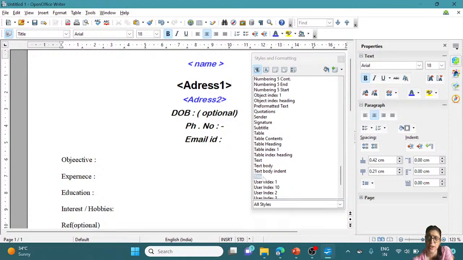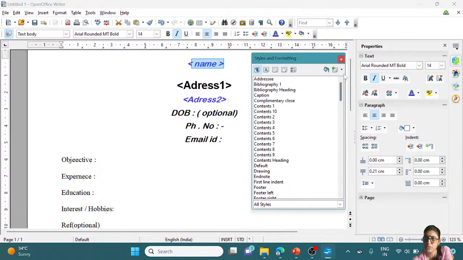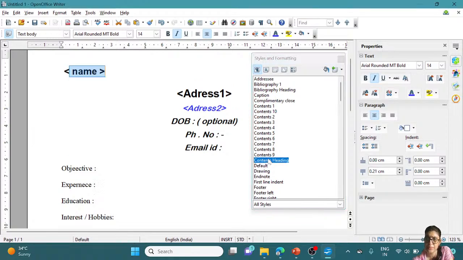Now there are different things for different work. So if I want a title, suppose this is my title, this will be my title. Now if I want to make it a heading, content heading. By default, it is coming in content heading format, right? Now you don't know what the format or styles given inside are. So for checking what the styles are, what the font size, font style, and font color are,